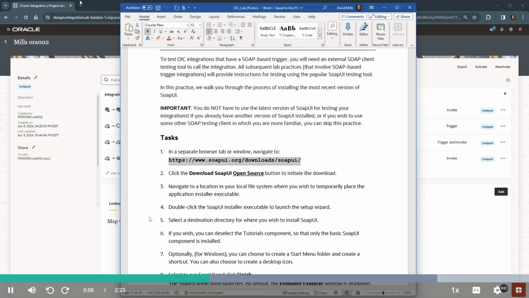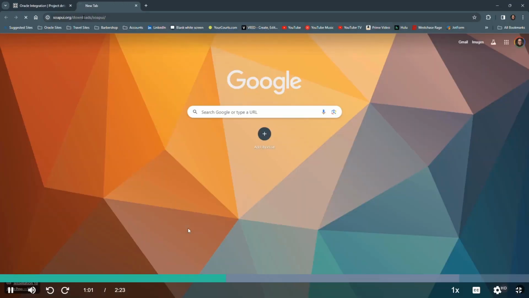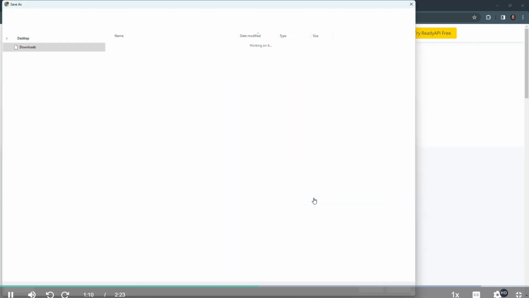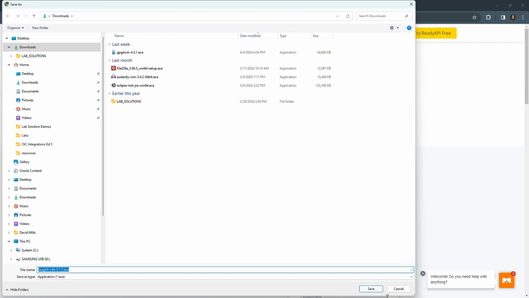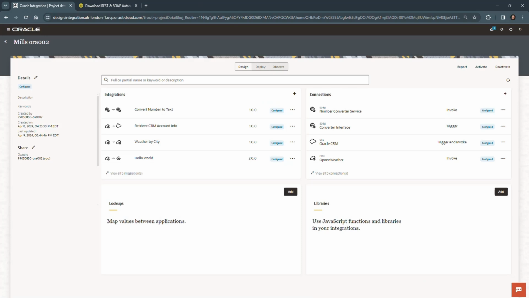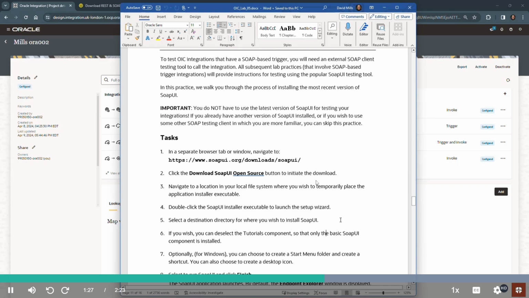But if you click on that URL that is provided, it takes you to this download page where we ask you to click on this download SoapUI open source. And from there, basically, it just allows you to save that to your desktop so that you can install that a little bit later on. Well, obviously I already installed that, so I'm not going to install it again,